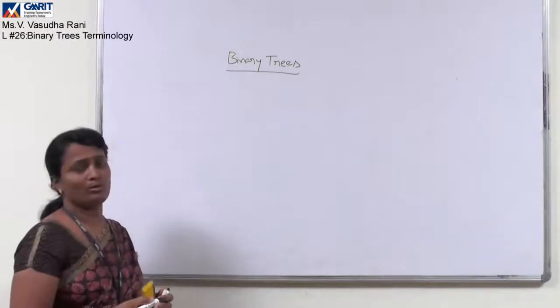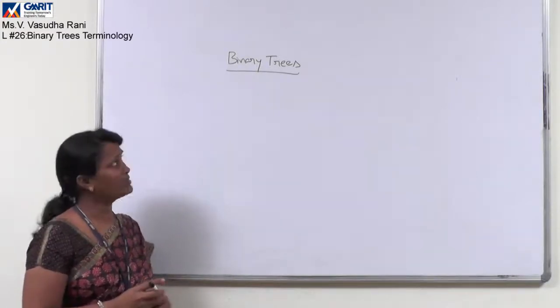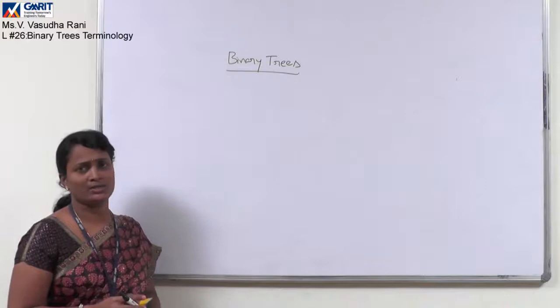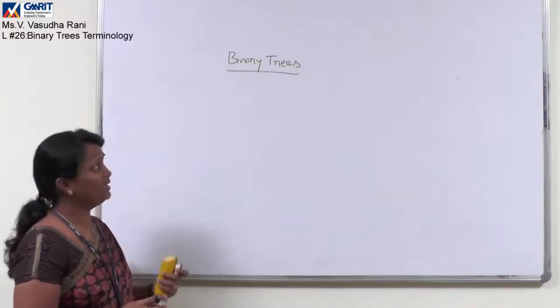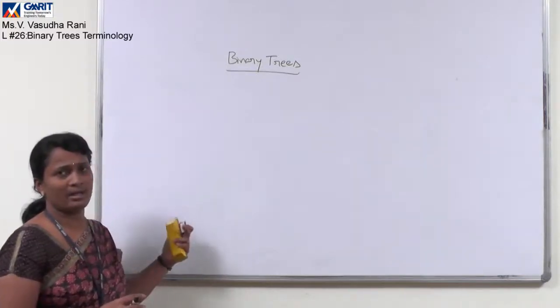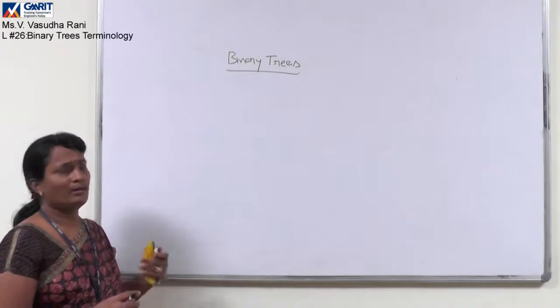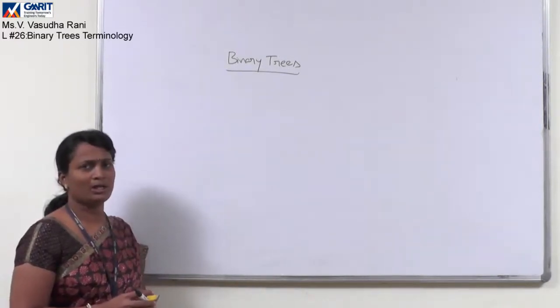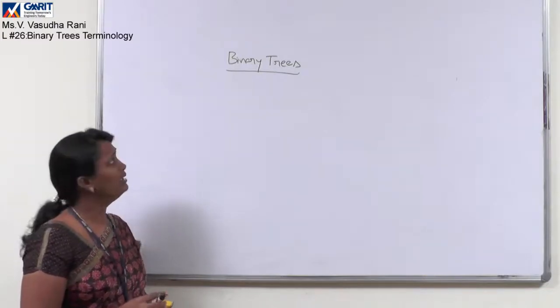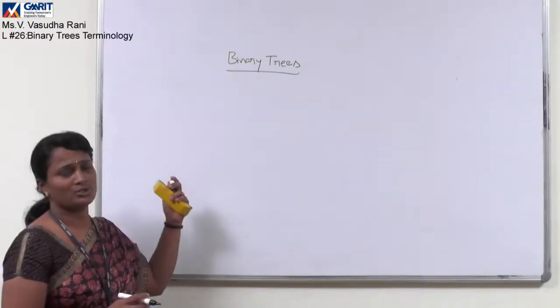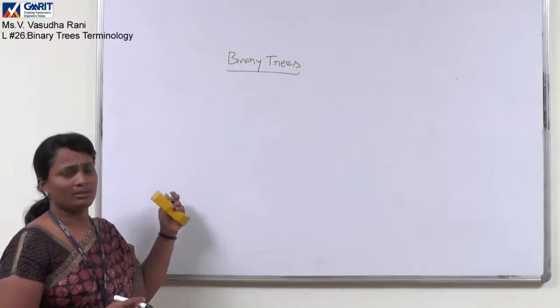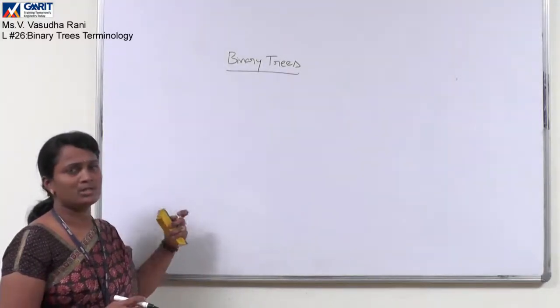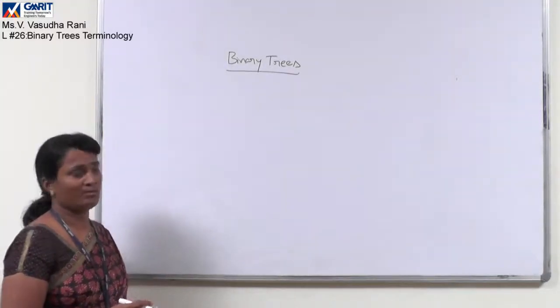Which is a new sort of data structure, non-linear. It comes under the classification of non-linear data structures. As we have seen earlier, linear data structures are arrays, stacks, queues, and other things. Binary trees come under the non-linear classification of data structures. Now let us see the definition of a binary tree and the different terminology that occurs with binary trees.